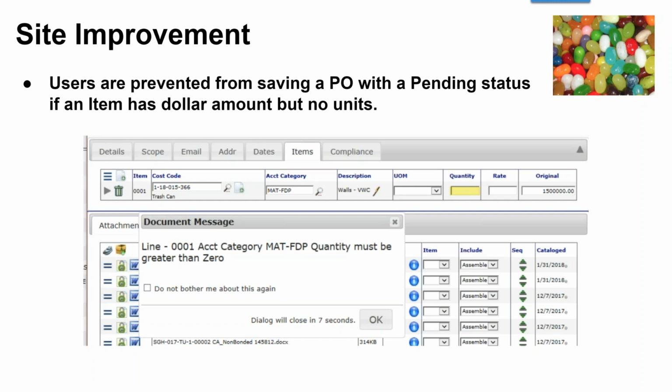Okay, so users are prevented. No, this site is still on version 2016, so the JavaScript option, not so much for them, and maybe we could even come back and improve some of this and make it more responsive. But right now it all happens when they try to save,